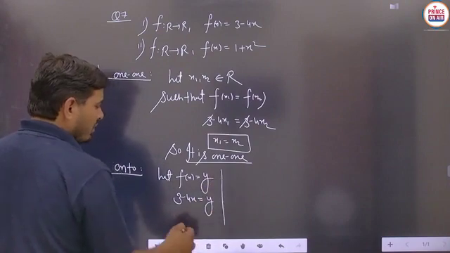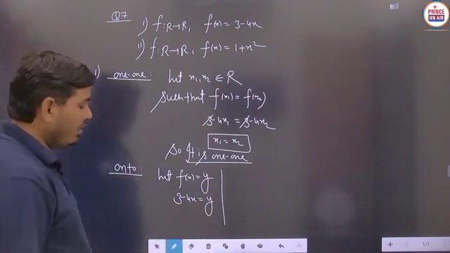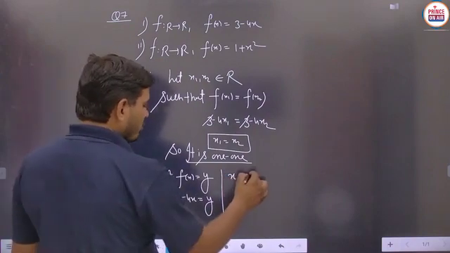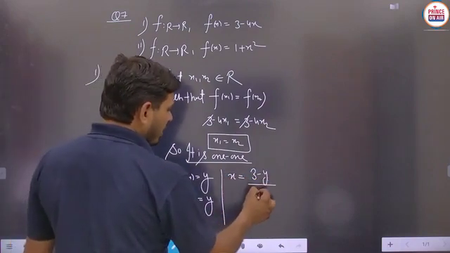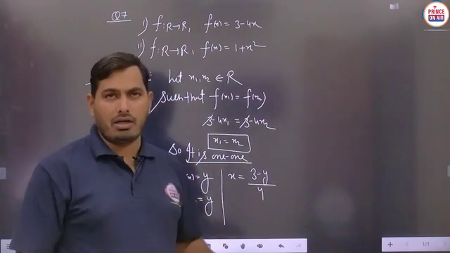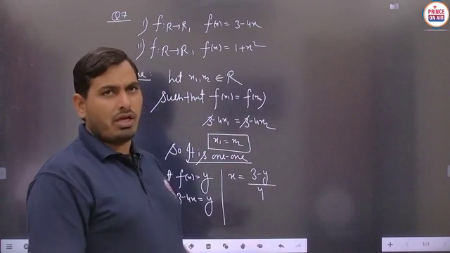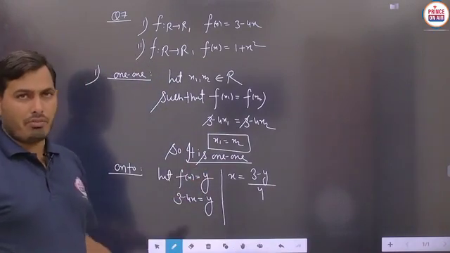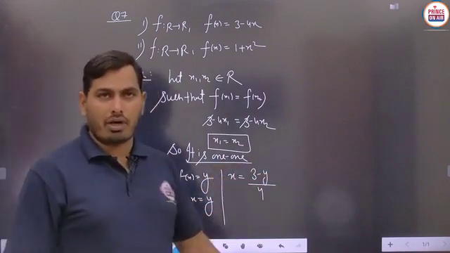Now we have to convert x in terms of y here. So basically from here we have to calculate the value of x. Then it should be 3 minus y divided by 4. Is it to be clear? Now students, the function gets converted here in terms of y, because we have to check the pre-image of the codomain element, whether the pre-image of the codomain exists or not. Is it to be clear?